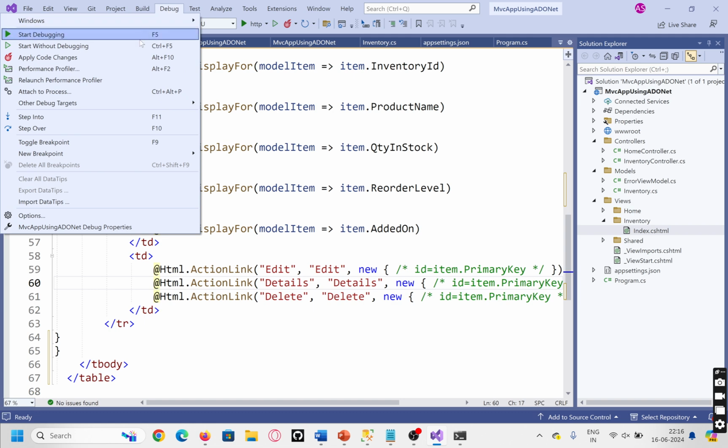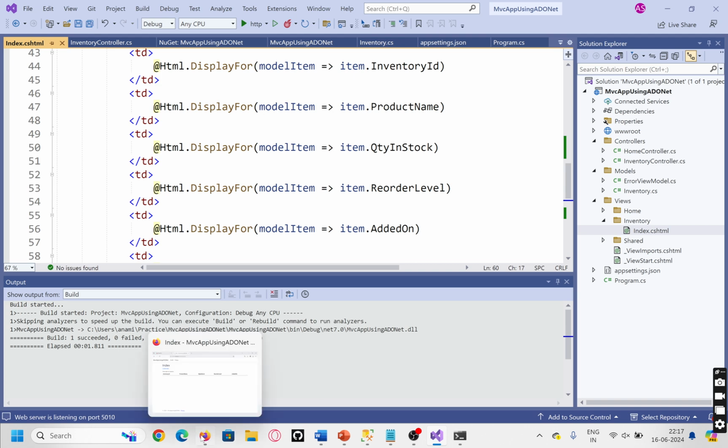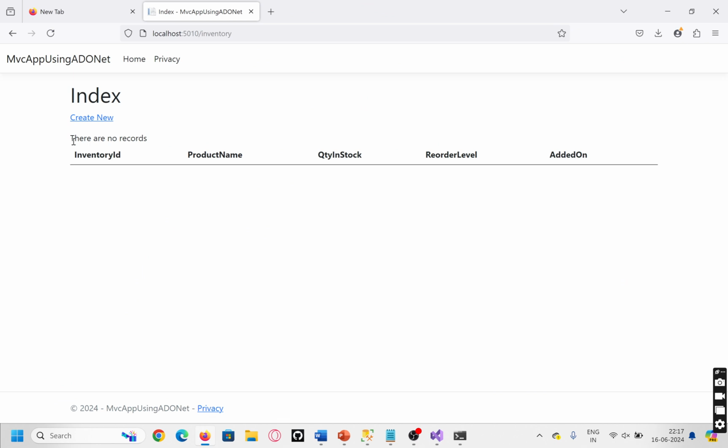So there is no record, which means it should go to the if part now. So now we should get that message. There are no records. So again go. There are no records. This message is coming over here. Yes. Okay. Now if we want to see what queries are getting fired in SQL Server, what we can do,